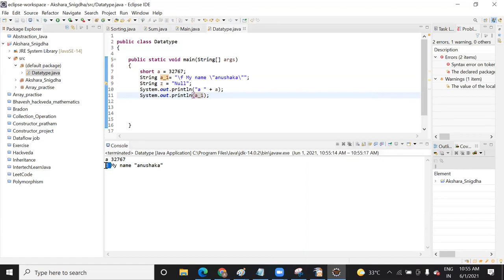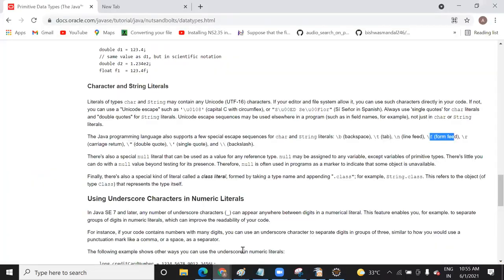It is printing something, question mark, something, form feed. Exactly, I don't remember now because we don't use this escape character. Yeah, I've never used it, so I don't know. Because we just use slash n and slash t. There is one more, carriage return. Carriage return means we bring the cursor to the first character.